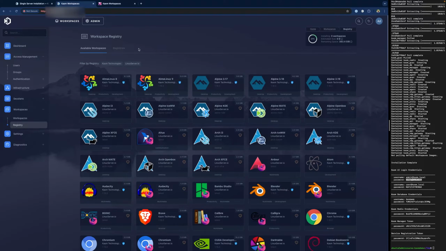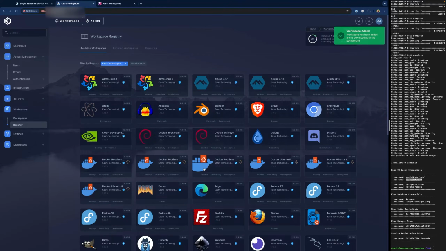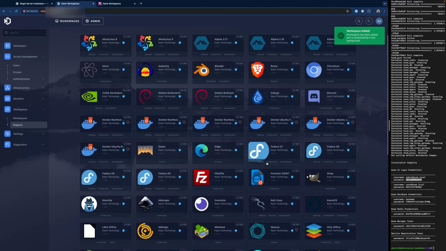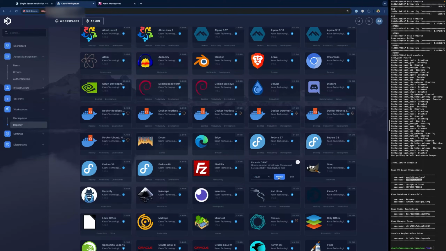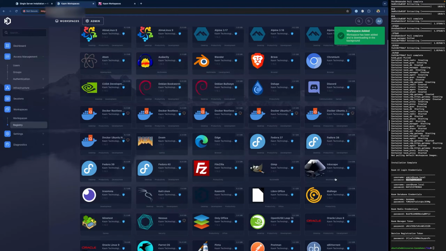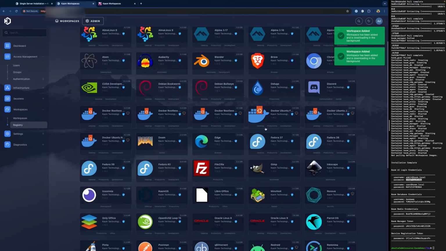For our available workspaces, let's focus on Chasm Technologies and install some containers and get things going. I'll want to add Chrome. We'll add Firefox. Let's get Forensic OSINT installed. Hunchly. Let's do Kali Linux. Look at Maltego.